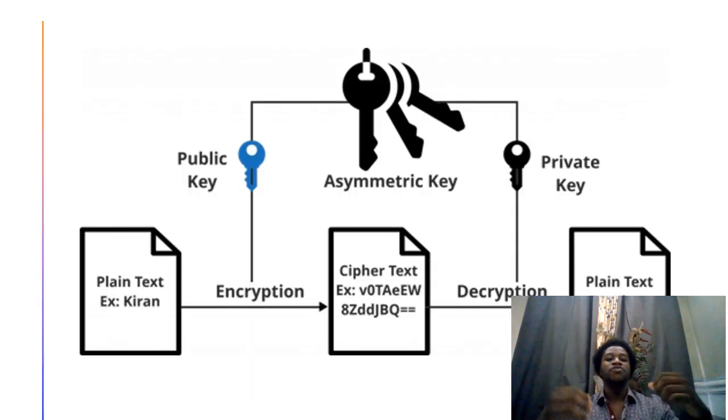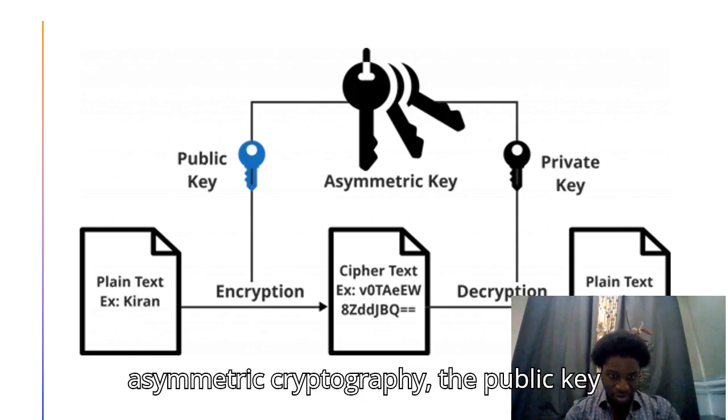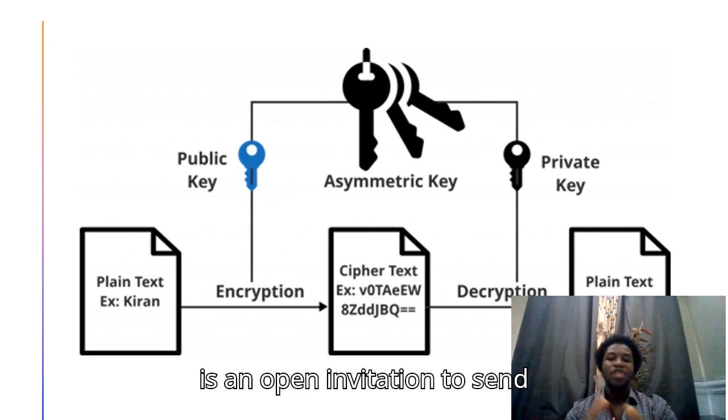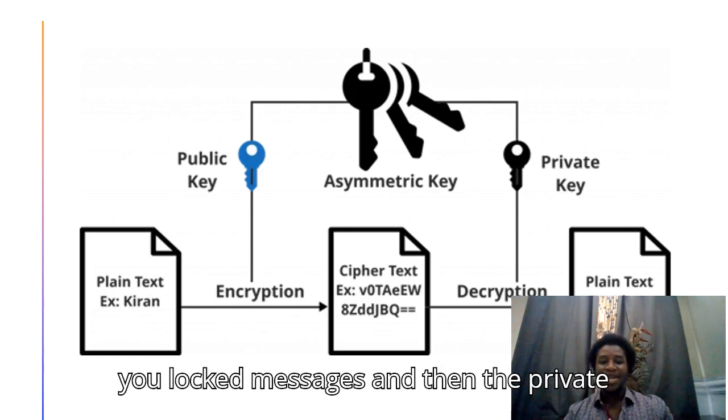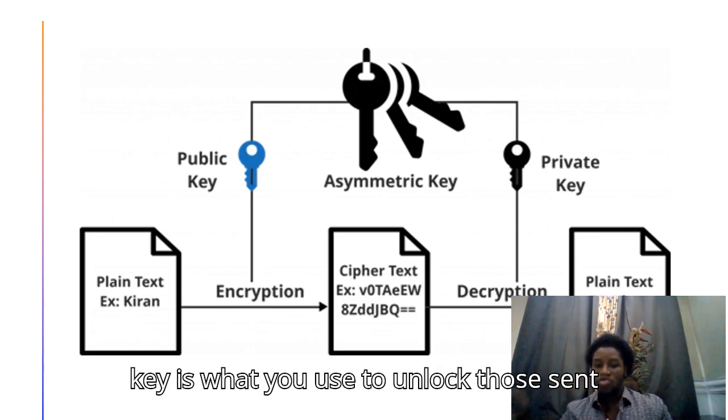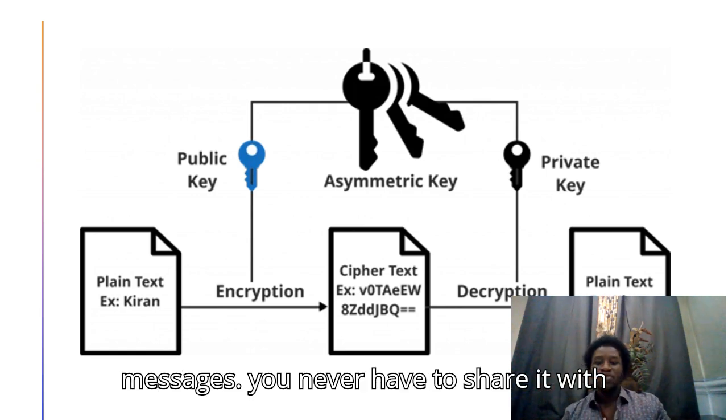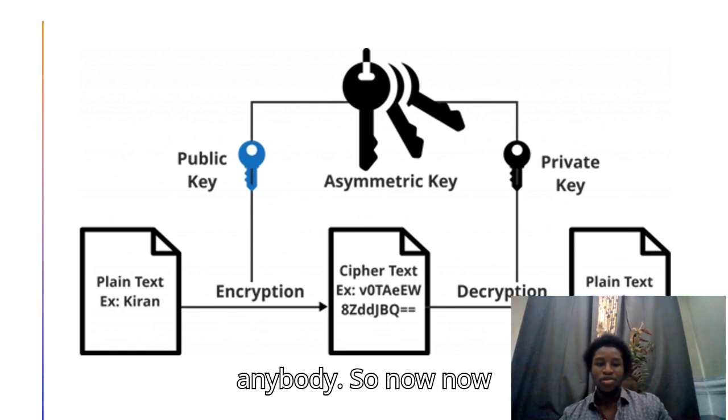So in asymmetric cryptography, the public key is an open invitation to send you locked messages. The private key is what you use to unlock those sent messages. You never have to share it with anybody. Now let's talk about some of the